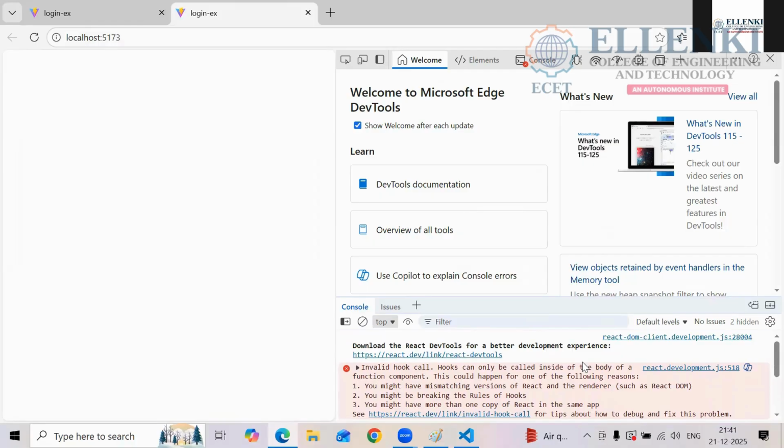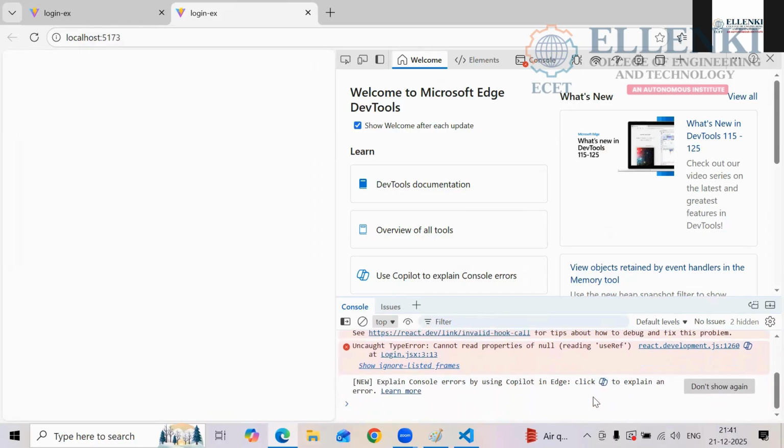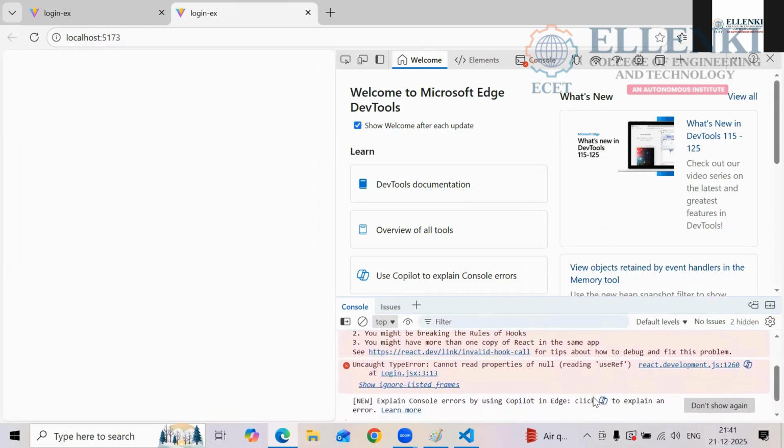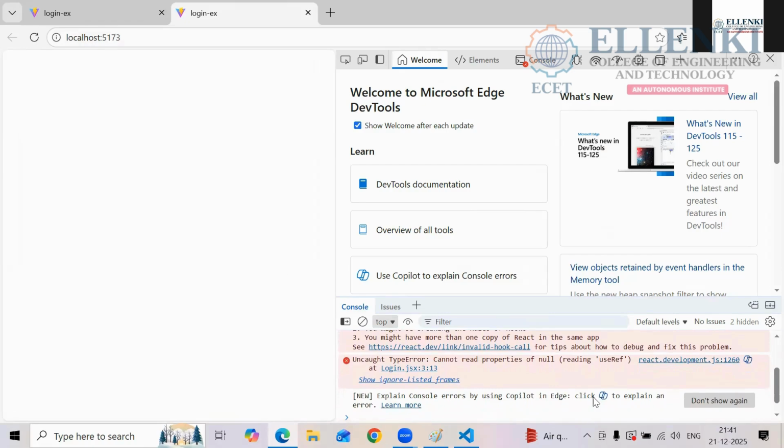Hooks can only be called inside the body of a function component. This could happen. login.jsx.